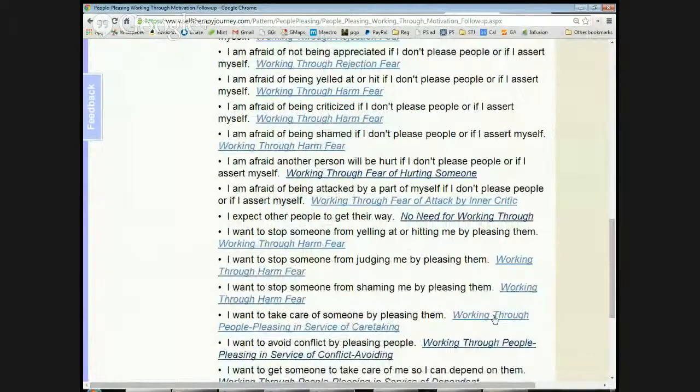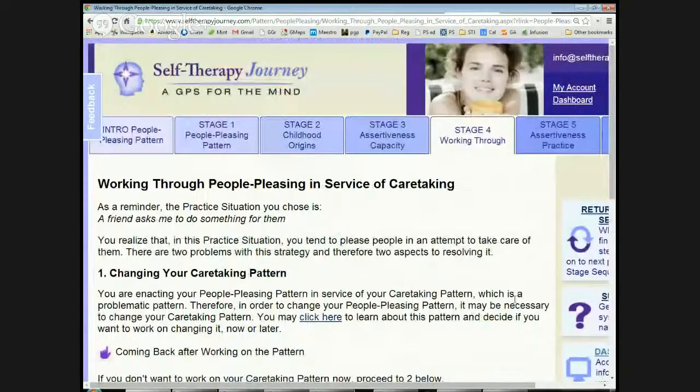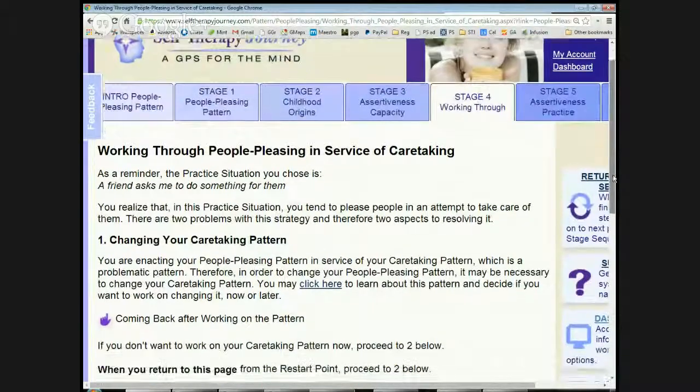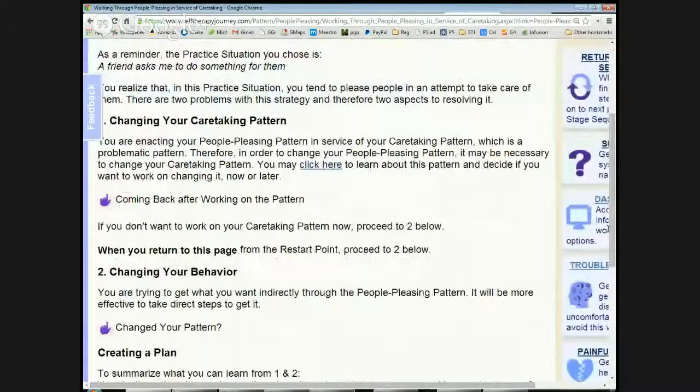Sometimes people are pleasers because they're trying to take care of somebody. So that's where your people-pleasing pattern is really in service of another pattern, which is the caretaking pattern. In that case, you go to this page, and it encourages you to go off and work on your caretaking pattern. So notice this is the second time now that you're in the middle of working on the people-pleasing pattern,